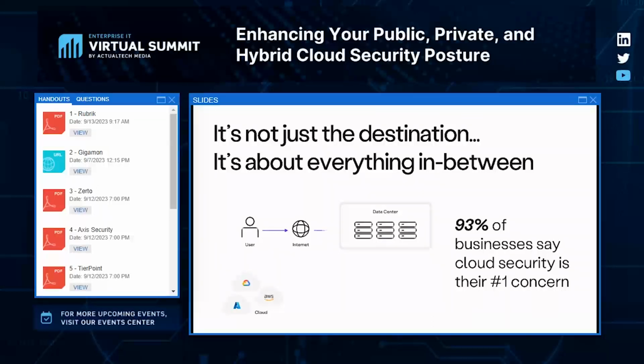They connect over the internet back into a data center using some form of legacy VPN. And then they go via a dedicated site-to-site VPN connection into the cloud services. And then the traffic is sent back to the data center before it goes back to the user. As we all know, backhauling to the data center means that not only do we hinder the user experience significantly, but also we lose a lot of benefits of the cloud. In this example, you also have very little visibility into what the user is connecting to and from what device.